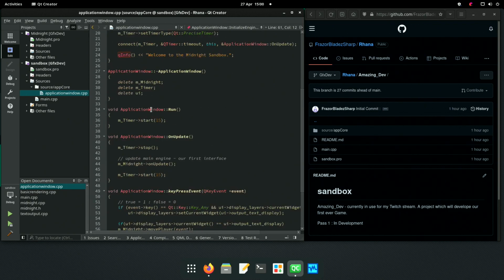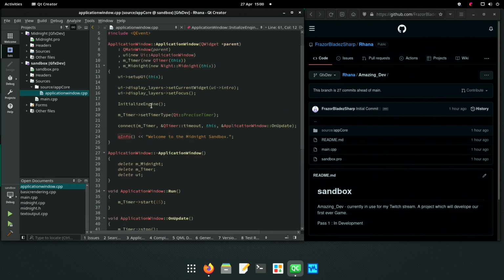Where do we initialize? We have to, new, this. Initialize engine. So if we initialize the engine at that point, we can then change that text. Will we need to change it all the time though?